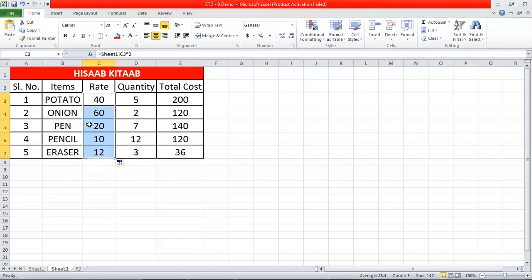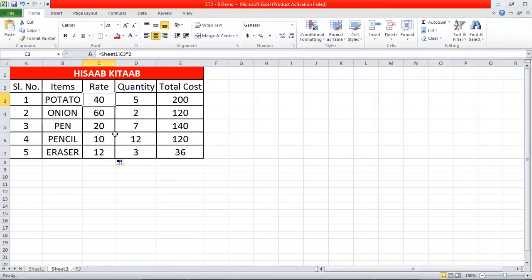Now again, what type of referencing is this one? If I talk about this one, the exclamation sign, this is called a cell reference to another worksheet. But what about copying and pasting the formulas? It is a relative cell reference. Why? Because on changing the cell address, the formula changes automatically. Okay, the formula changed. Clear now?